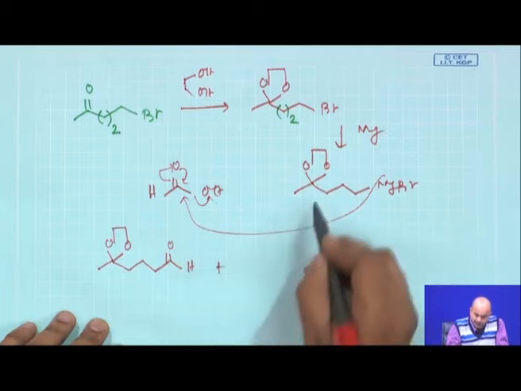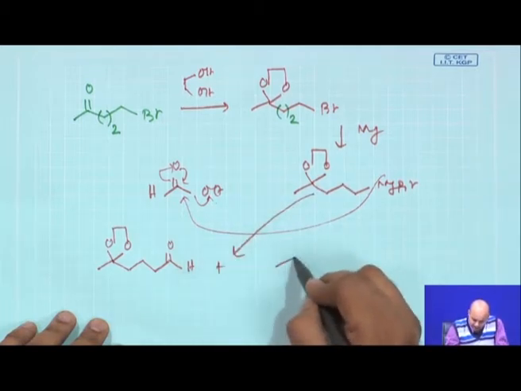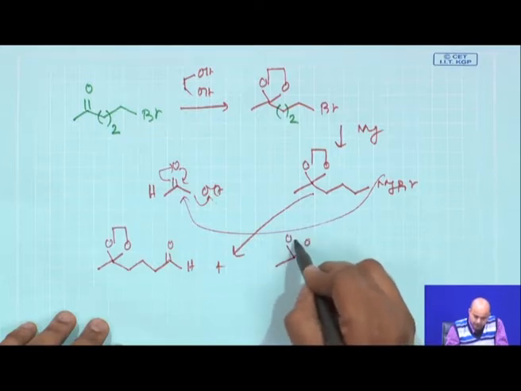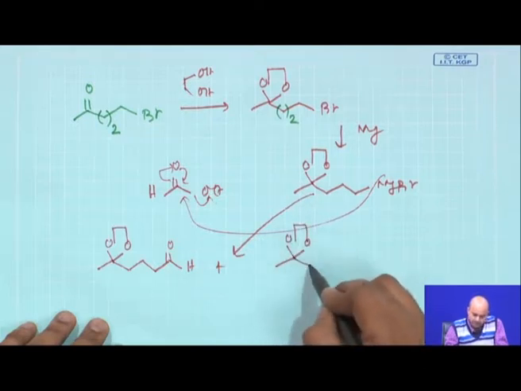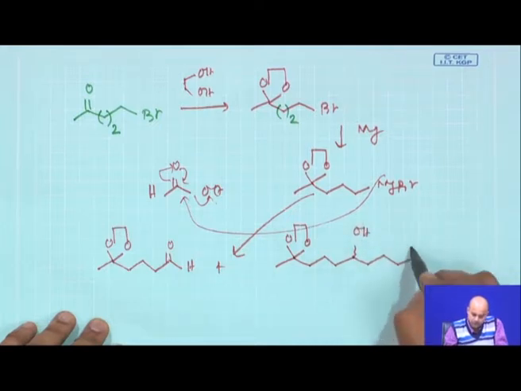Then another equivalent of Grignard again attacks here, and then basically you get this OH, and then you get this CH2O